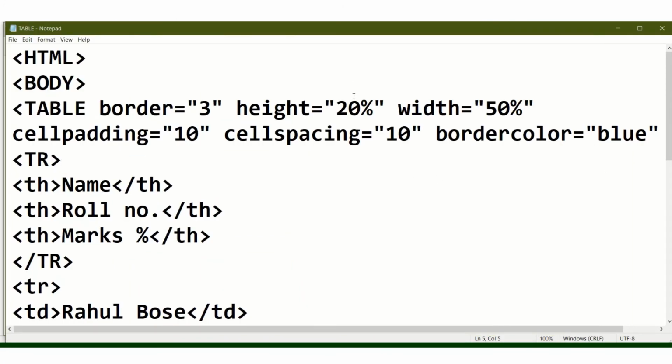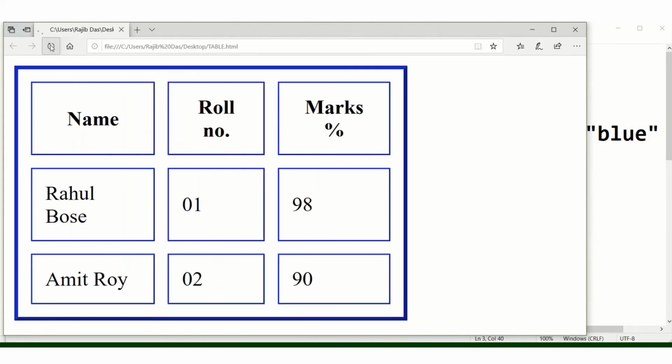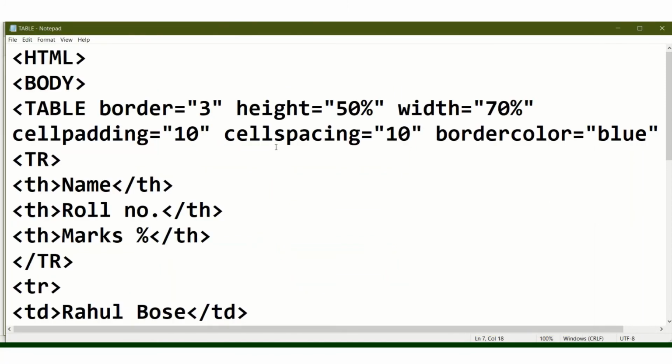Not changed. Okay, 20% is too small, so 50% and width 70%, it's better, and the table looks good also. See, then table attributes, already I have completed all table attributes.